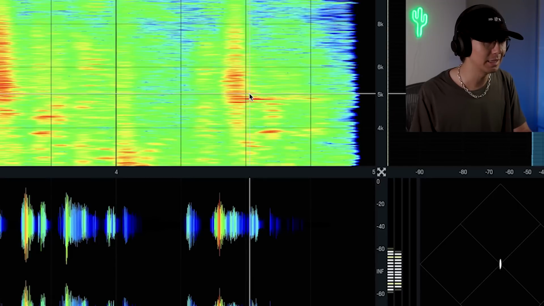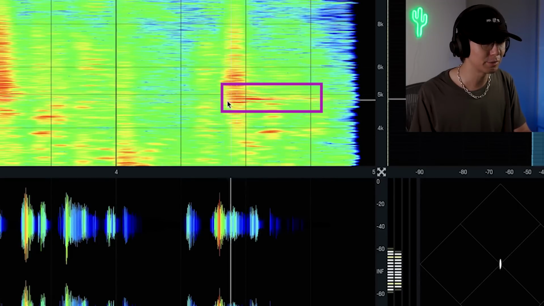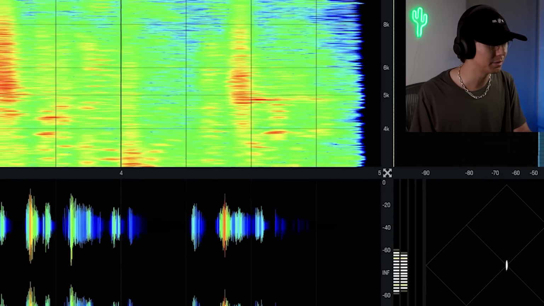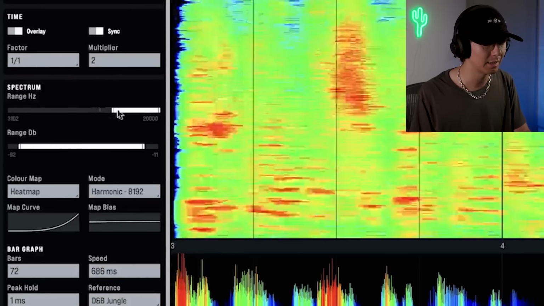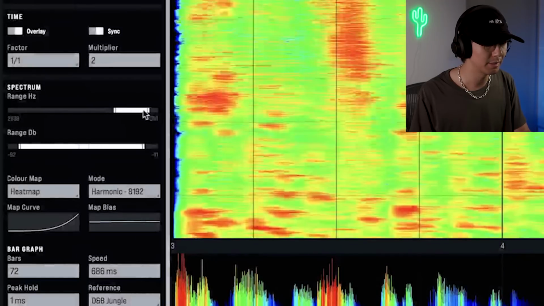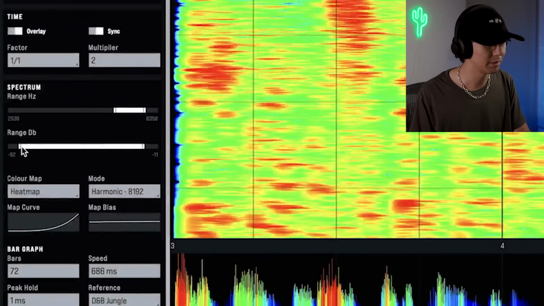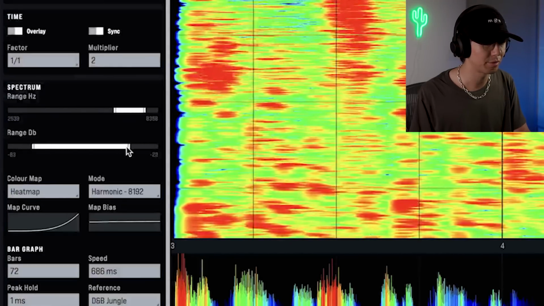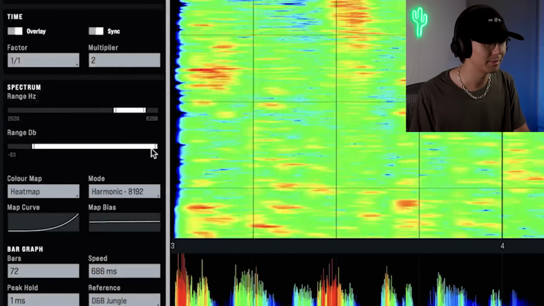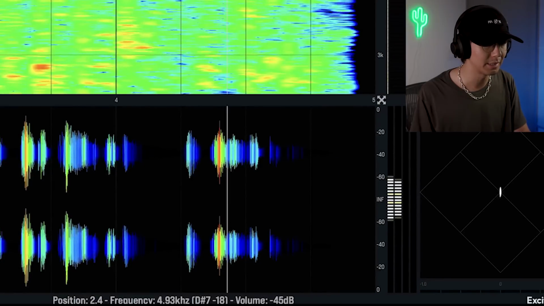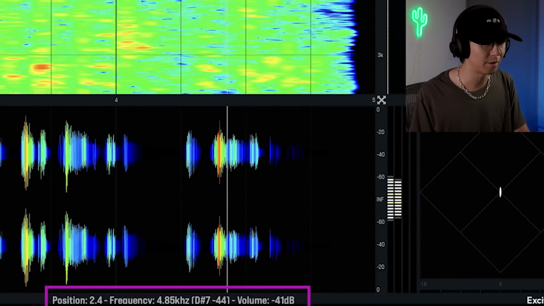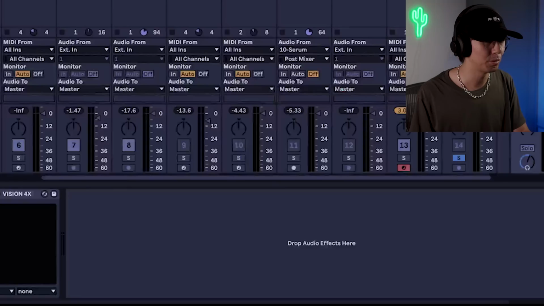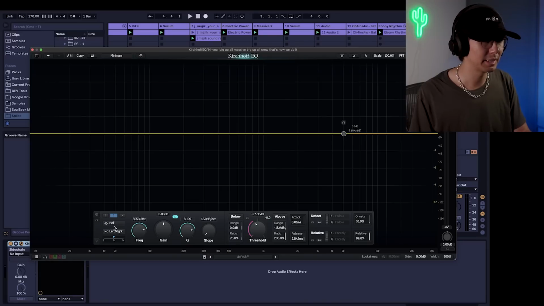So looking at the heat map here, it actually happens in this red area here. We can use the range here to zone in on it, and we can also limit the decibels to a certain threshold to really pinpoint it. We can see it's around 4,800 hertz. So what we can do again is pull up an EQ, and this time I'm using a dynamic